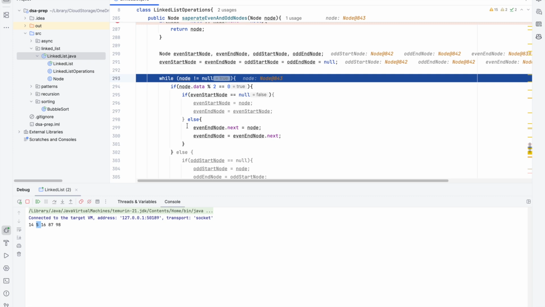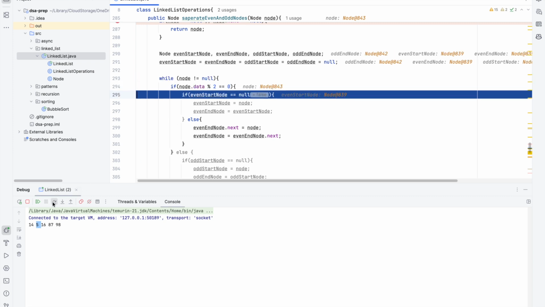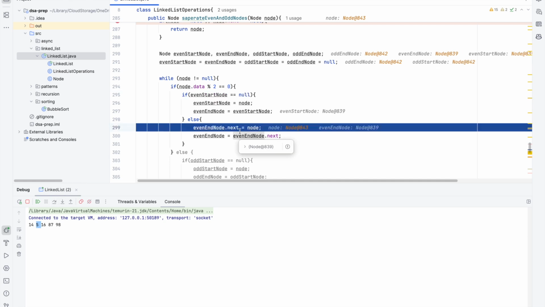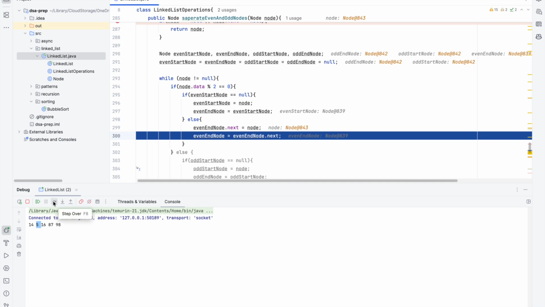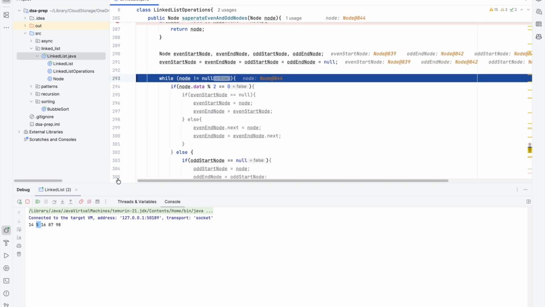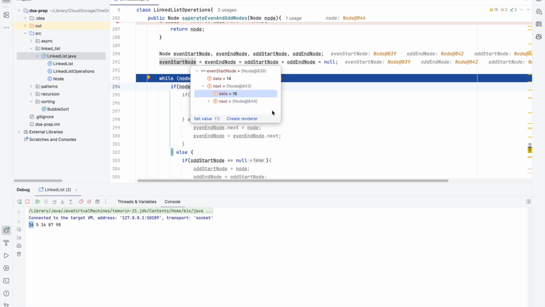Then 16 is an even node. Now see, if we come inside it, it's an even node, so it's not null now. So what we'll be doing, we'll not be touching the start node. Start we already set to the start of the even elements. End node dot next will be moving to the node, and then the end node will be moving to the next node. So our end node has become 16 now, and start node is already 14. So if we see now our even start node, it will be having track of this 14, 16. So all the nodes will be accumulating in this even list,